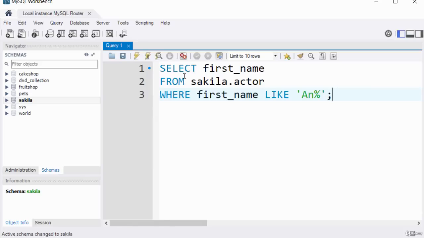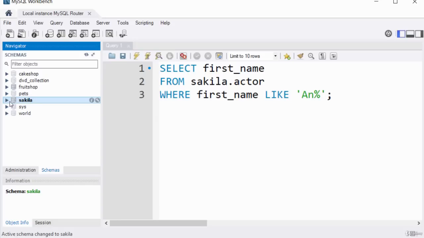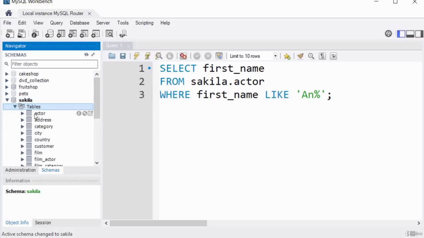So basically what I'm doing here, selecting the first name from the database called Sakila, and the table I am selecting the columns from is this table called actor, and the column here is first name. So I'm selecting this first name from this table called actor, which belongs to the Sakila schema or database,